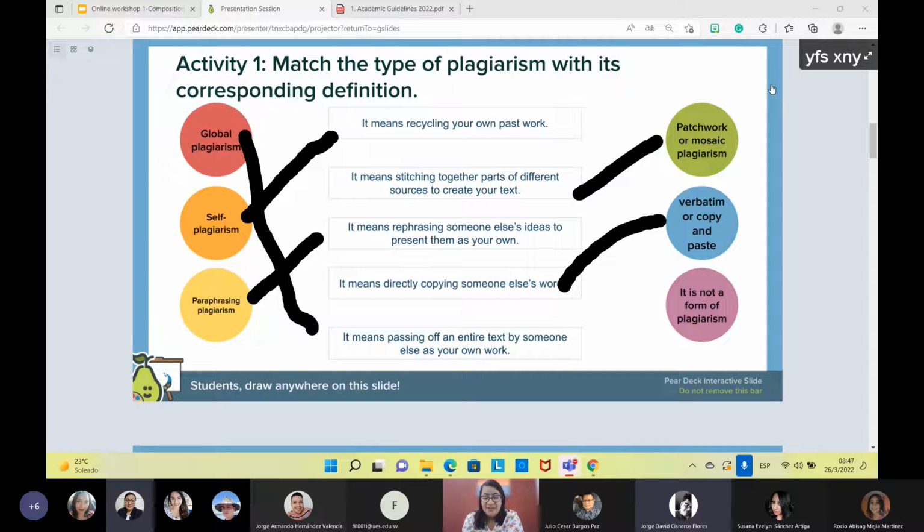What if you use, for example, a picture from someone and you don't tell the name? That could be considered plagiarism, but of course, if you're addressing that picture as yours, that would be 100% plagiarism. Because sometimes we include pictures in our written papers, right? But we already know that sometimes those pictures are not ours. For example, if we present a picture that displays a famous landmark, and we haven't visited that landmark,